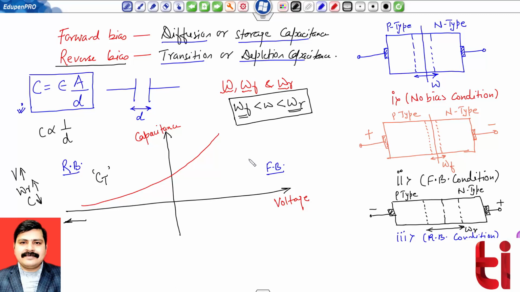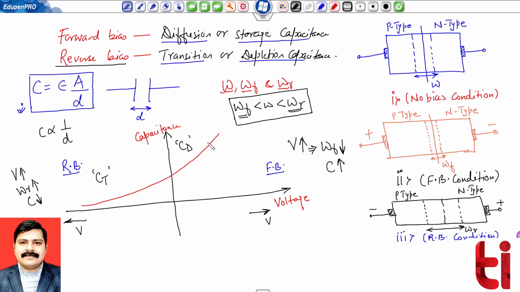However, in the forward direction, a similar sort of explanation can be given in terms of WF. If you are increasing the value of voltage, but in this direction I am talking about voltage in the positive direction, that means the value of this omega F decreases. The space charge region decreases just because of the forward bias. And here I am correlating this with C. So ultimately my capacitance has to increase, which I have marked over here with CD,